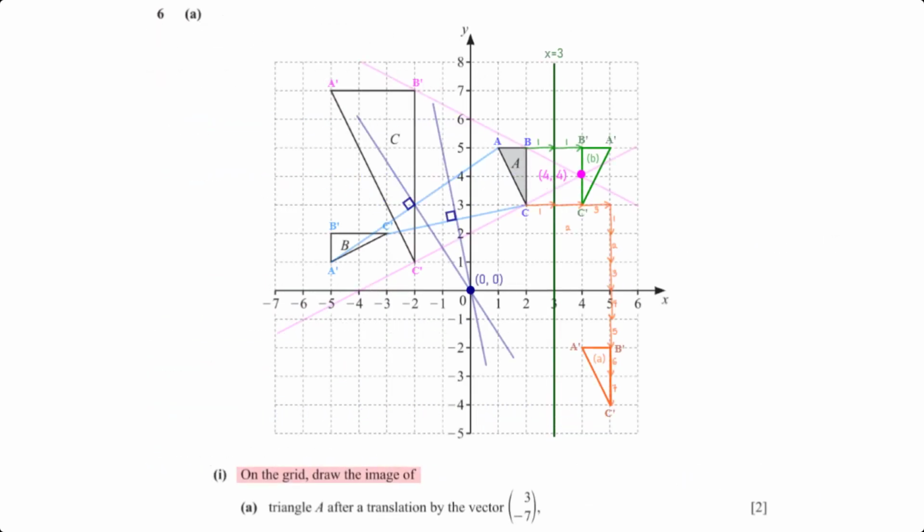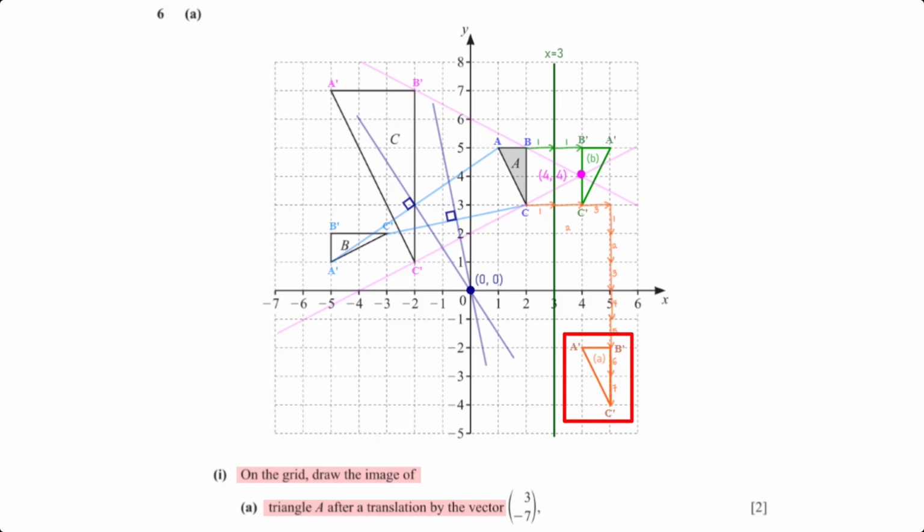On the grid, draw the image of triangle A after a translation by the vector (3, -7). For this translation, the translation vector dictates that we move each of the vertices of triangle A 3 units to the right and 7 units downwards. On the diagram, the movement for point C has been shown. After repeating the same process for points A and B as well, we are able to map out the translated